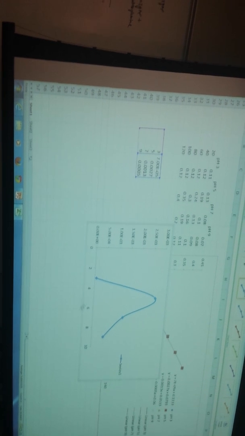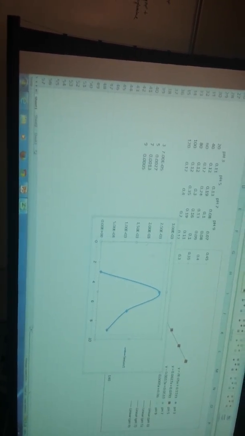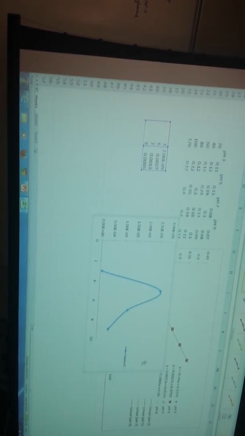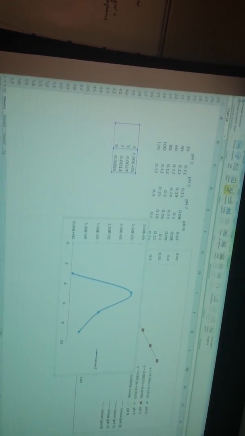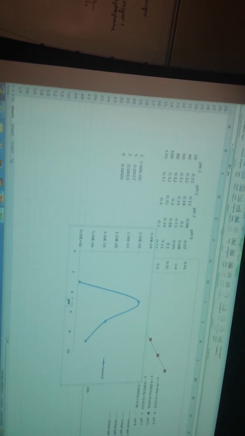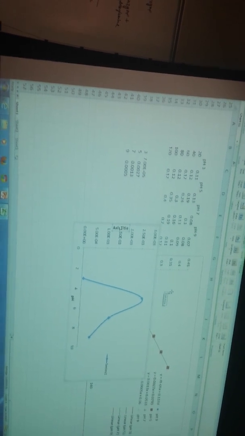So now, once you have your graph, and you do this not only for your derivative plot but for all of your graphs, you need to make sure you label the axes. To do that, you just go to Layout, Axis Titles. You can do a horizontal one first, one below, and this particular graph is going to be pH. We can do axis titles, our vertical axis. This is going to be our reaction rate, or